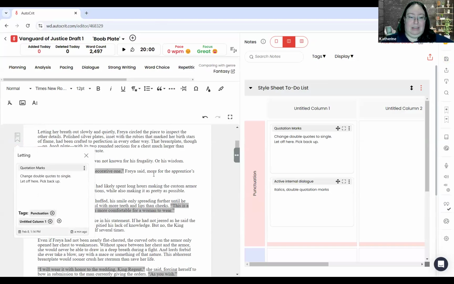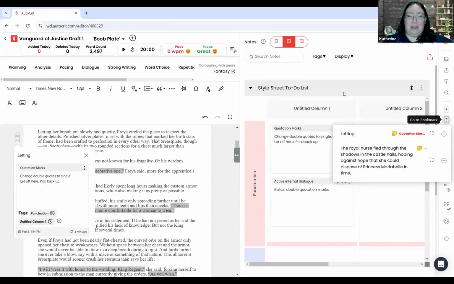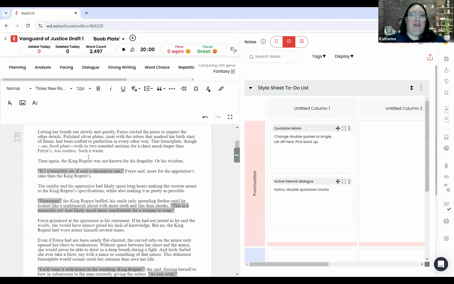When you come back into AutoCrit, you would go to bookmark. This is a tool that I have come to really love over the last quarter. This is my first AutoCrit 101 really sharing it. You can view all your bookmarks right here in a row and go to the one you want without having to click next comment, next comment, next comment to get to them. So that makes it super helpful on that dev editing level. So this is how you would do setting up your style, getting your style sheet together, getting it ready,